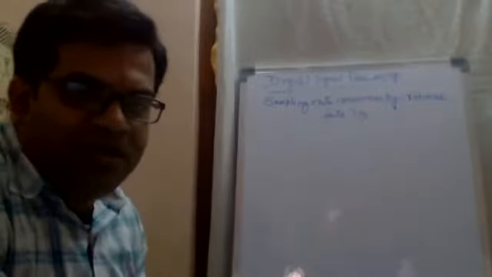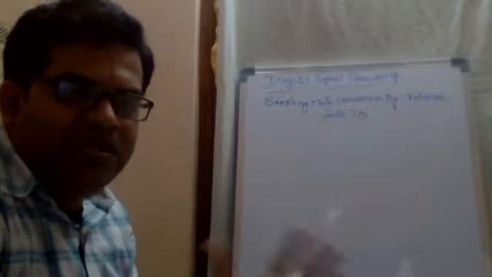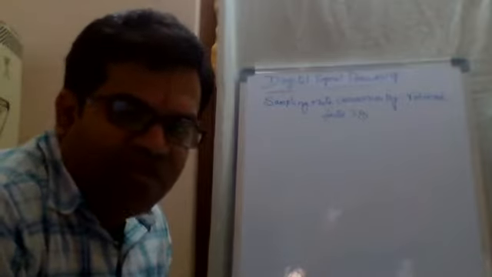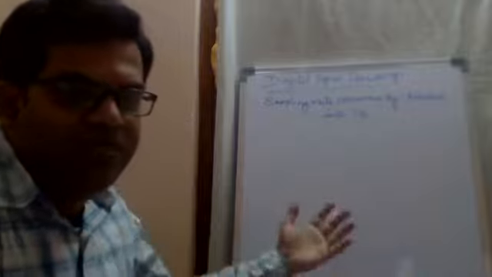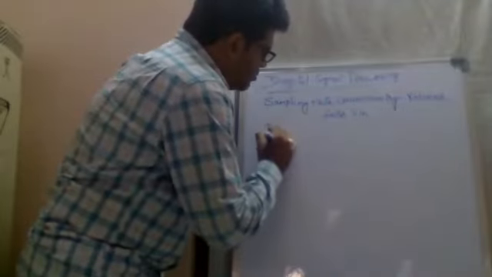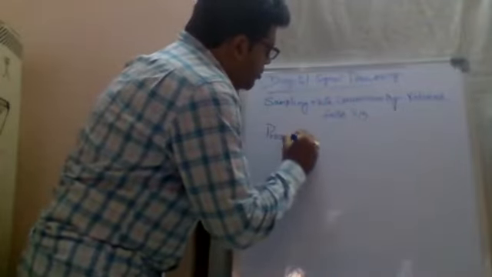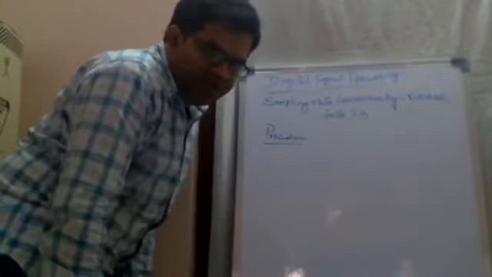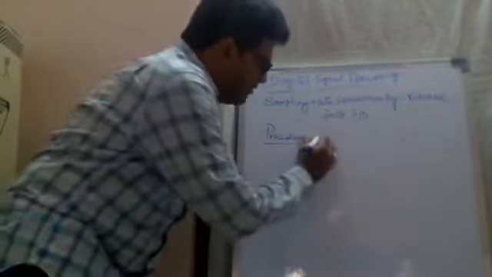Right? So in order to perform this sampling rate conversion, initially the decimation and interpolation are only integer values, but here we are going with the rational factor I by D. So there is a procedure in order to implement this. There are some steps that we have to follow in order to implement the I by D sampling rate. So what are the steps? The first step